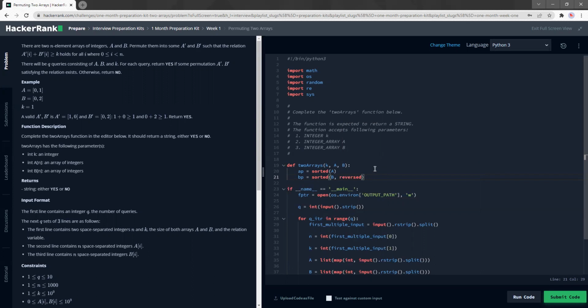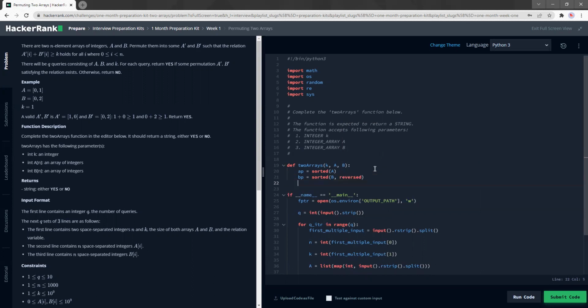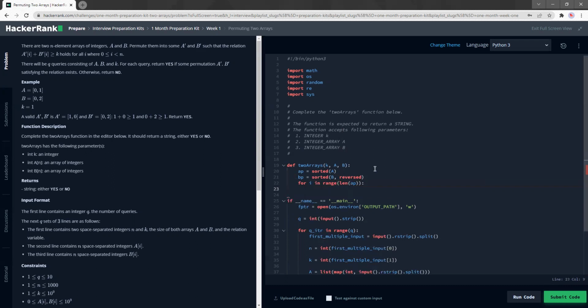So basically, we now have a prime that is sorted from smallest to biggest and b prime that is sorted from biggest to smallest. And with that, all we need to do is for i in range len ap, if ap i plus bp i